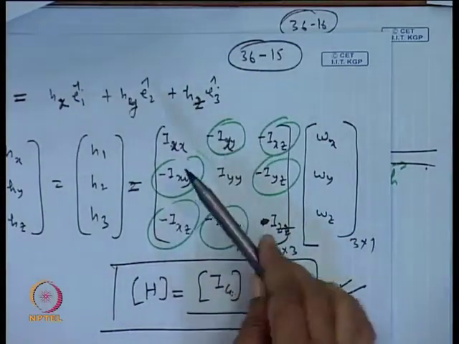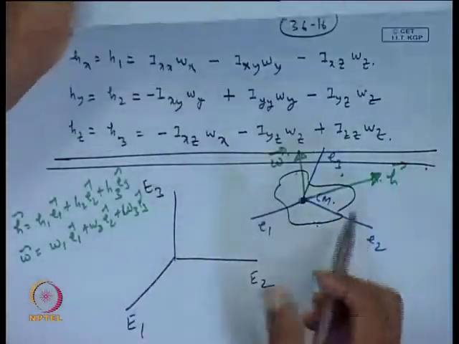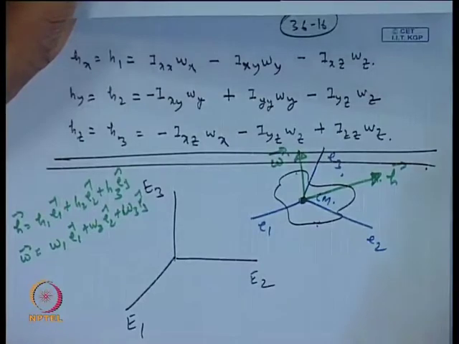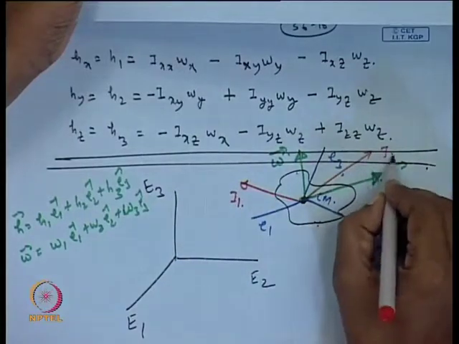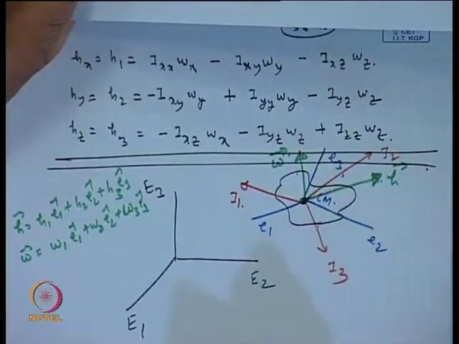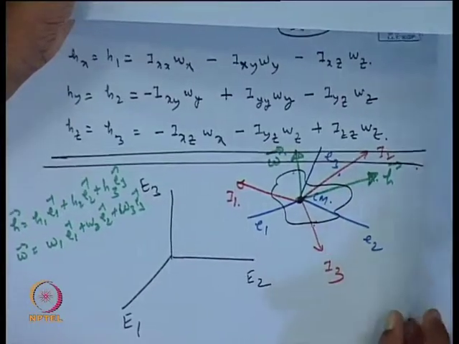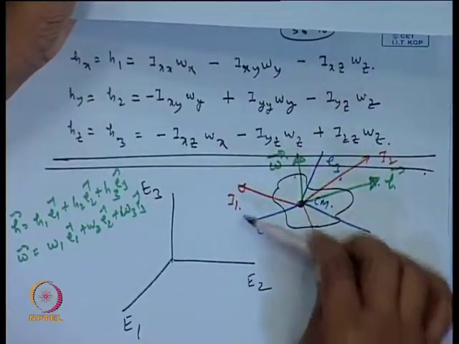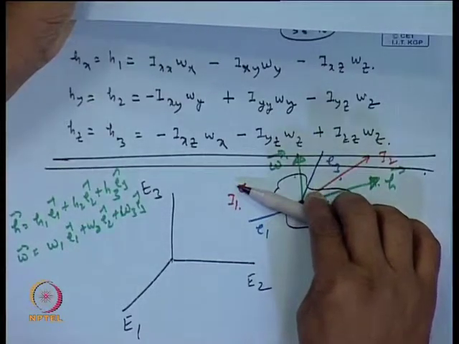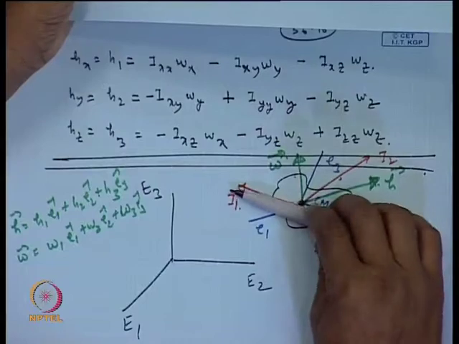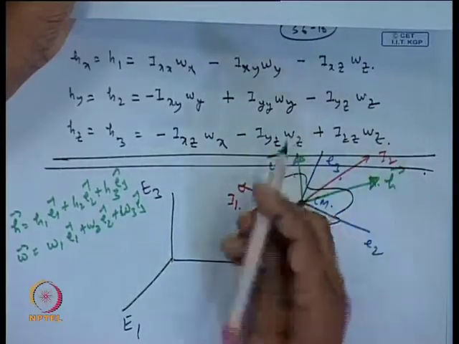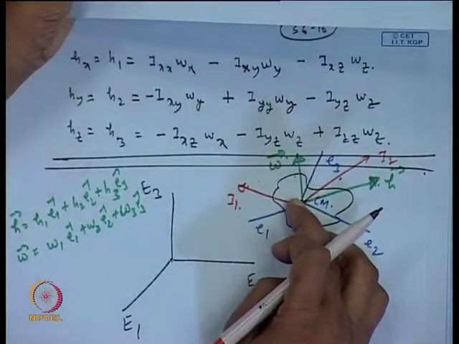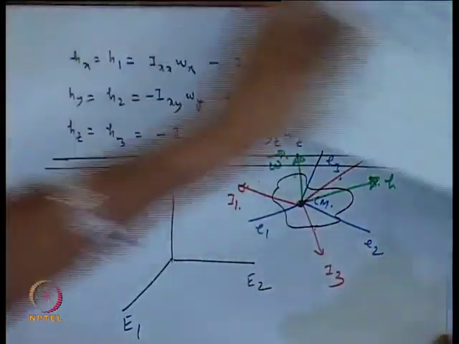In that condition, you have this body, and the principal axes directions you can show as, let us say this is the I 1 direction, this is the I 2 direction, and this is the I 3 direction. Unless your rotation is along any of the principal axes. So, if this body is rotating about this principal axis, here this I 1, so omega vector is coinciding with this, only then the angular momentum vector and the angular velocity vector will be the same.